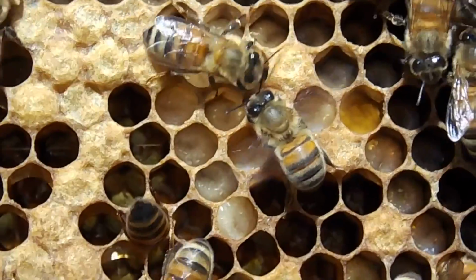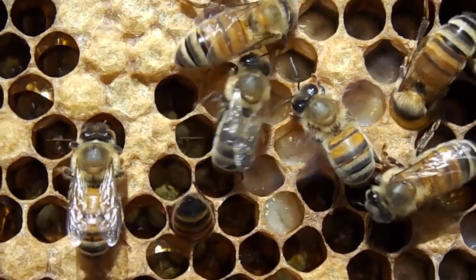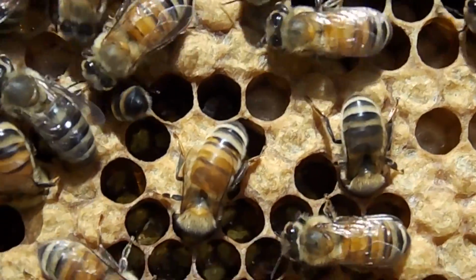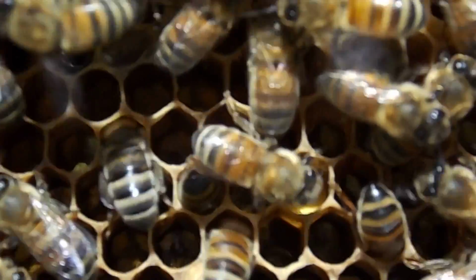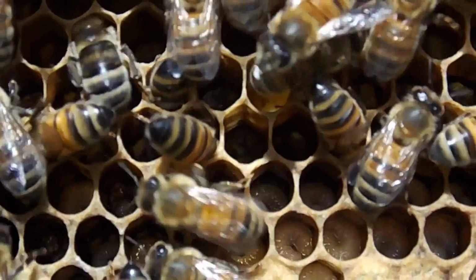There's some capped brood. Unfortunately with these Carniola right now they've sort of requeened in both hives, I'd say. This hive had queen cells in it also, so the queen may have been getting old. There's a bit of pollen, I think, that may have pointed to that. The bees are covering